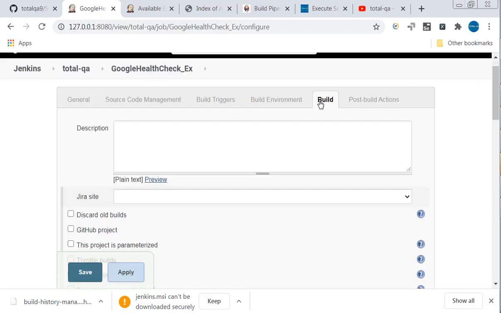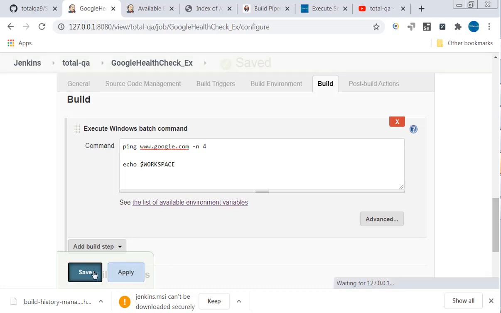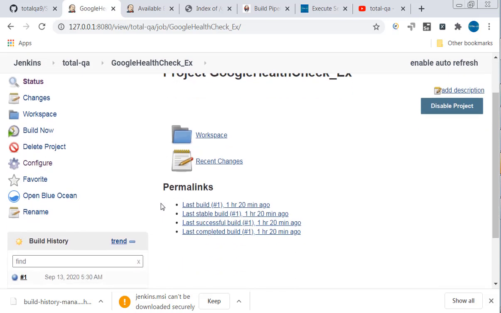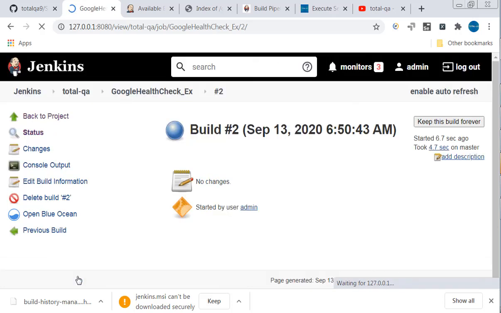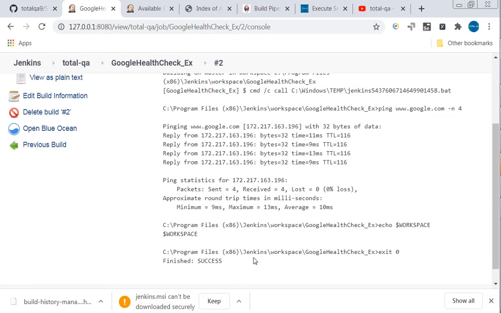Under build, you can put this command as echo $ and the environmental variable name. Click on apply, save, click on build now. The build is getting triggered. Click on the job ID, click on console. You can find the location of this echo $workspace.